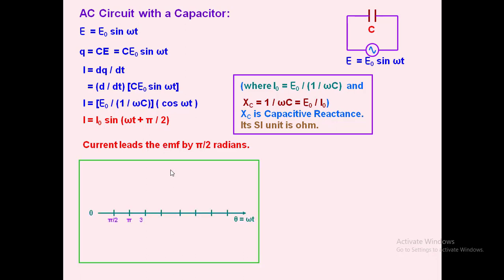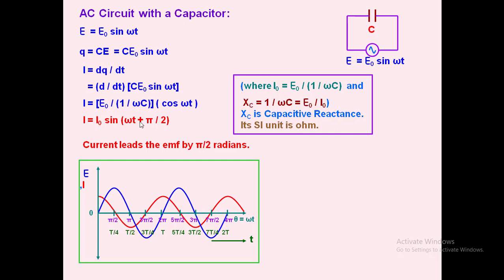Now if you want to represent the sinusoidal wave, you can consider here EMF and current. Normally EMF will start from 0, which is represented with the blue line. Now you can see as it is a positive expression, the current will start from the positive peak itself. So here it is maximum, again 0, again maximum, 0, and again maximum here, which represents a sinusoidal wave for a cos function. But this is for the sine function. Both EMF and current have a phase difference of 90 degrees.